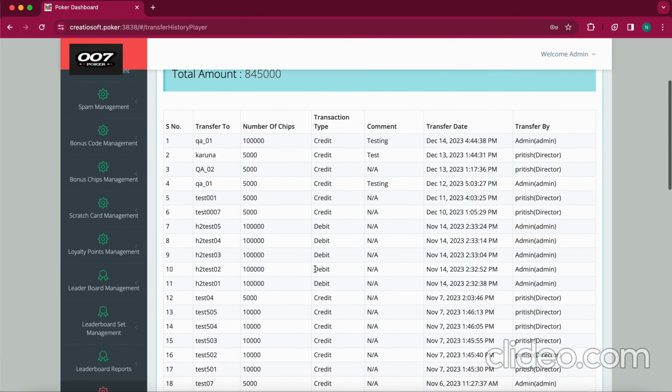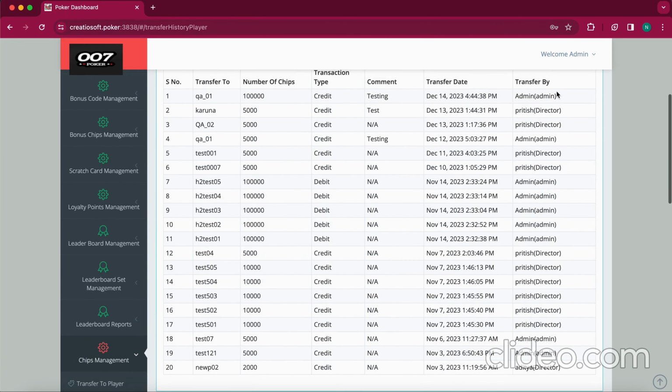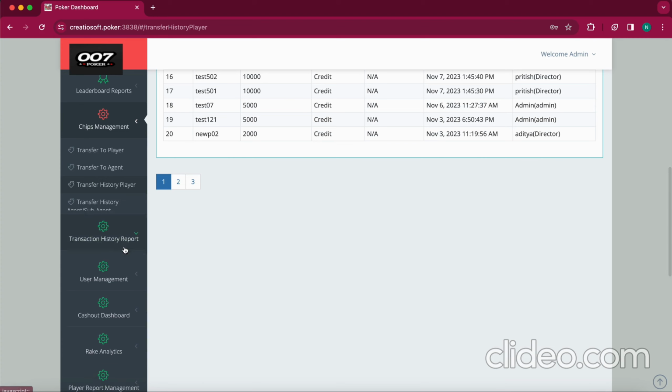As you can see, we have the total amount accounting here, and it will also be recorded who transferred the chips from the accounts. We have a